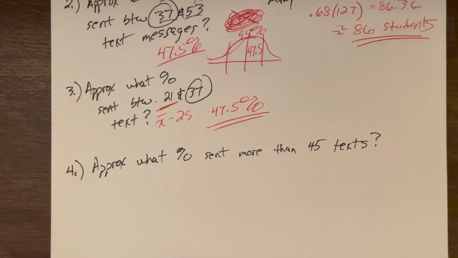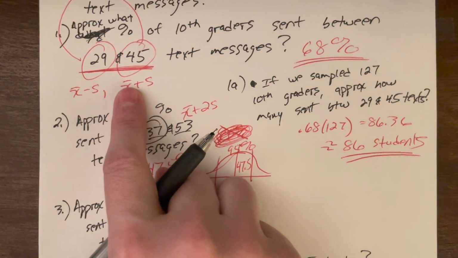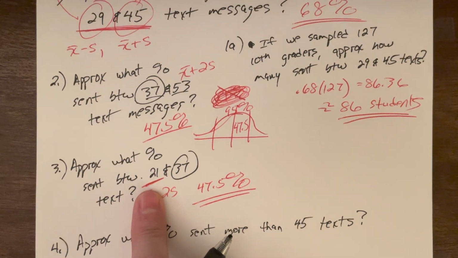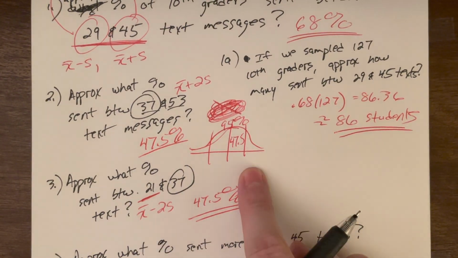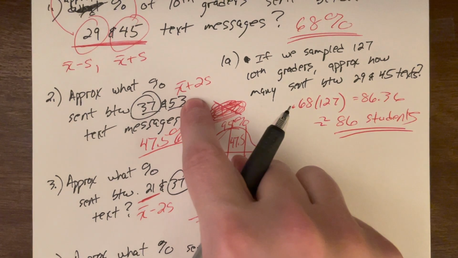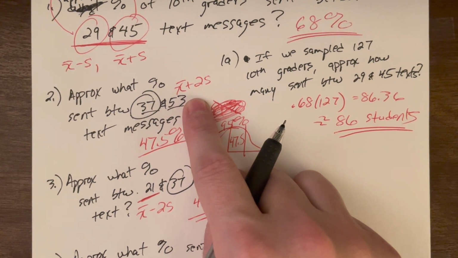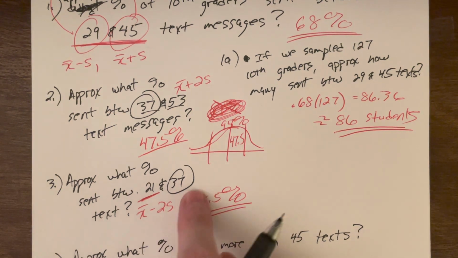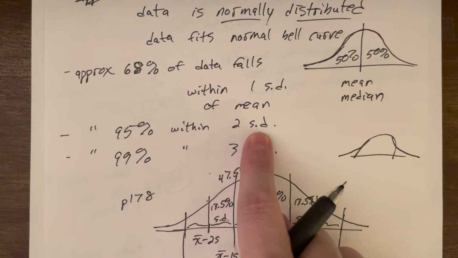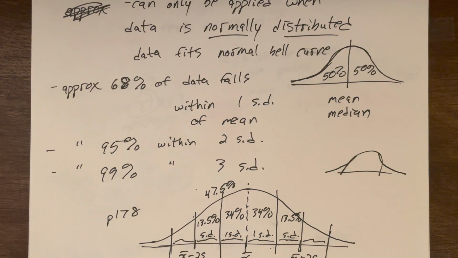This is where I think a lot of people like the picture. The first problem was so perfect that a lot of people can get this answer right from the empirical rule. The second one, plenty of people, once they get comfortable, don't need to draw the picture. They understand the idea of only getting half. It's not just 2 standard deviations. It could be 1, 2, or 3, but only going above the mean or only going below the mean. So not getting the full spread, but only getting half. And then you get the half values.